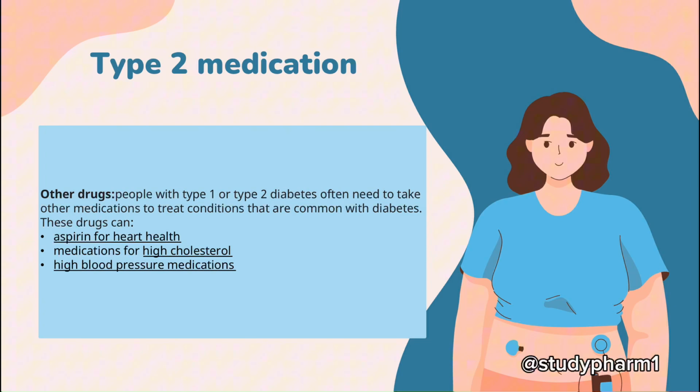Other drugs. People with type 1 or type 2 diabetes often need to take other medications to treat conditions that are common with diabetes. These drugs can include aspirin for heart health, medications for high cholesterol, high blood pressure medications,